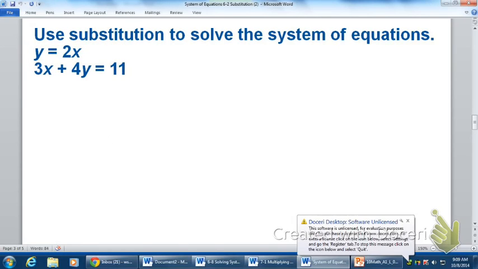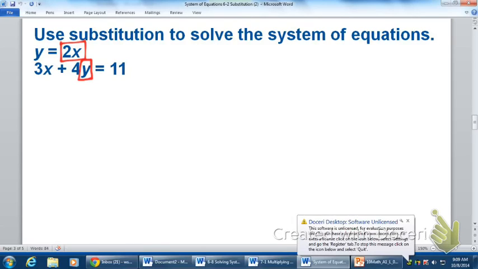We have our two equations. We need to figure out where they intersect. What is their solution? The top one is already in y equals form. So we are going to substitute this equation, 2x, into the value for y, because that top one is y equals 2x. So I'm going to use what I have for y, and I'm going to substitute that in for y in